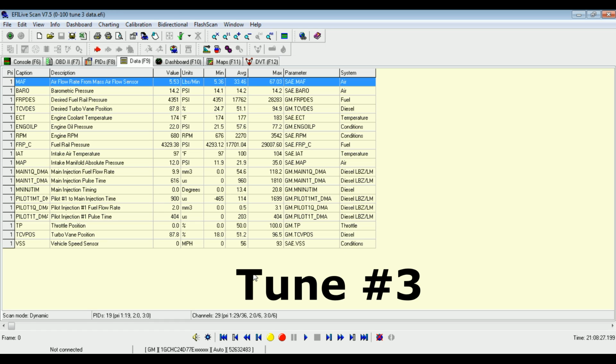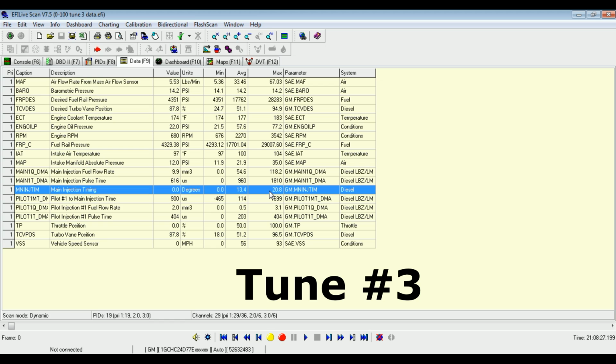Alright, this is the tune 3, and I figured it's a little bit easier to show you guys what I'm trying to show you on this screen rather than on the dashboard. So on a wide open pull, you will see that the main injection pulse was 1,810 on tune 3. Now on the PPEI it was 2,300 and something. This is only 1810, which is a lot lower, and the main injection timing right here is 20.8 degrees,